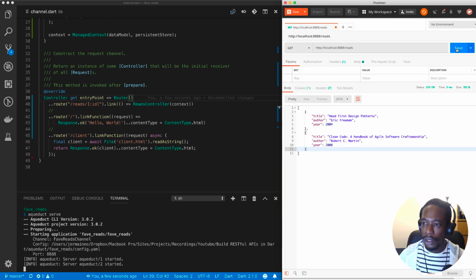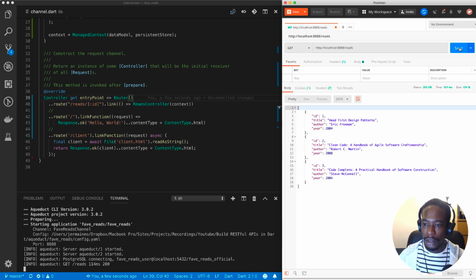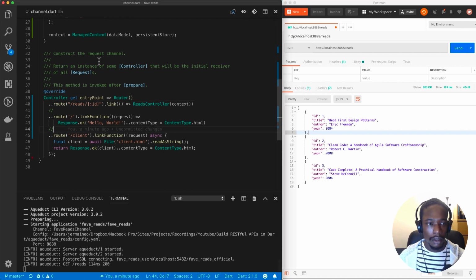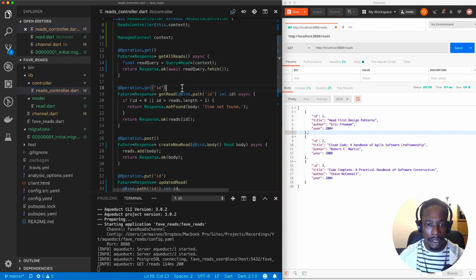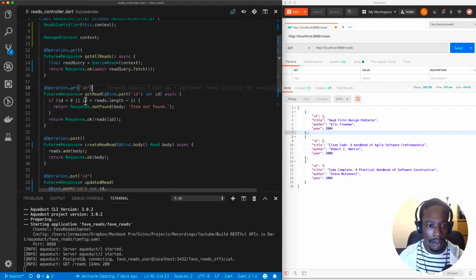So if we do a get request here and I do a send, it should send us a response containing our items with the ID as well. So that's good. Okay, that's awesome. Now we can, of course, go and amend our other handler methods to use this query object. So for this one, we can do,